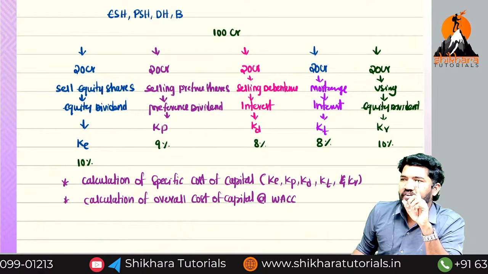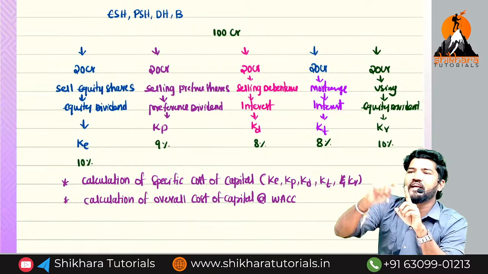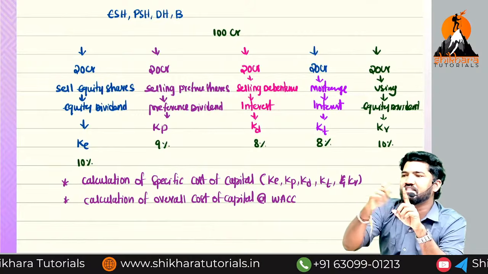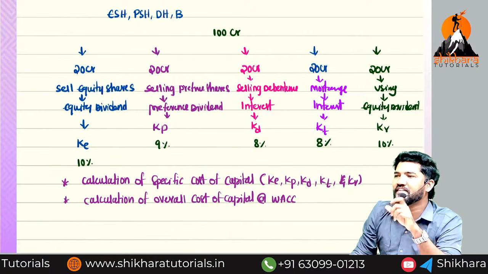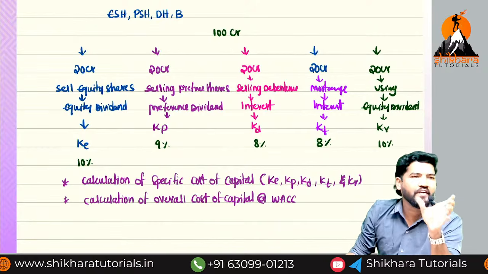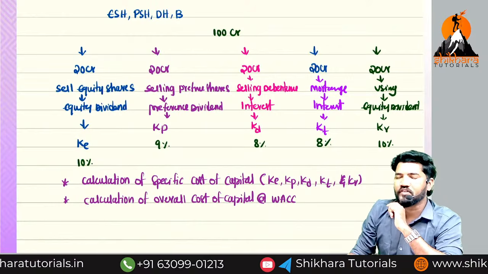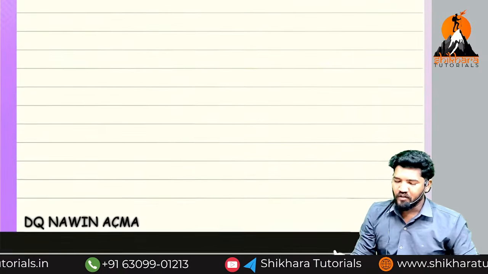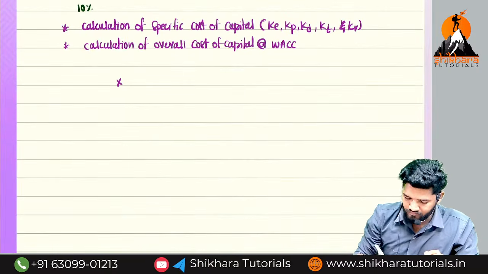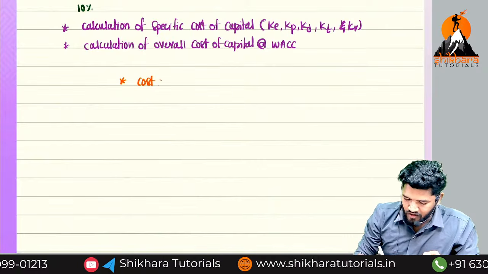The reason behind the one is, I procured 1 rupee; out of that, how much portion is equity, how much debt, how much term loan, how much retained earnings. If you multiply those weights with the specific costs of capital, you will get an accurate figure of the payment of cost of capital. Clear? Okay, then fine. Now first, cost of debenture.